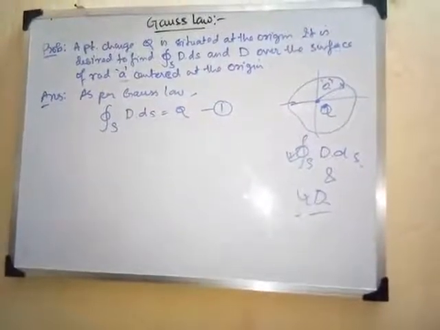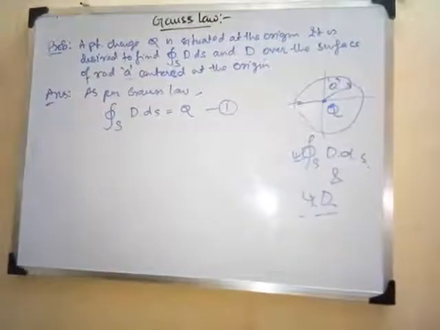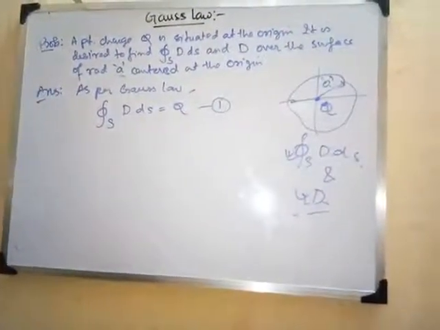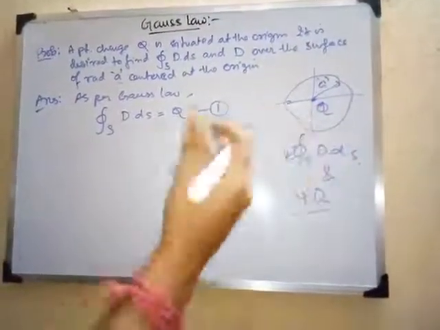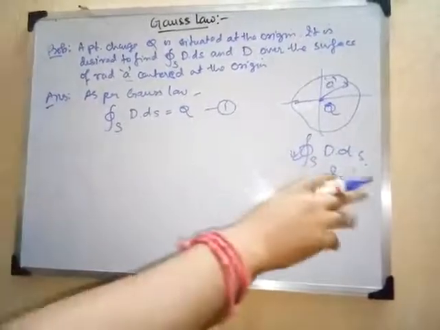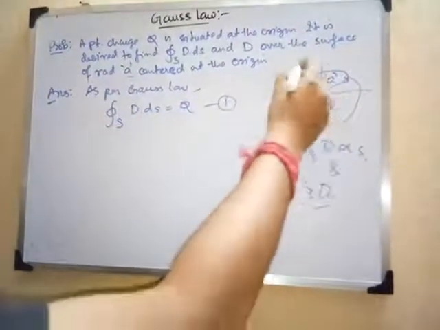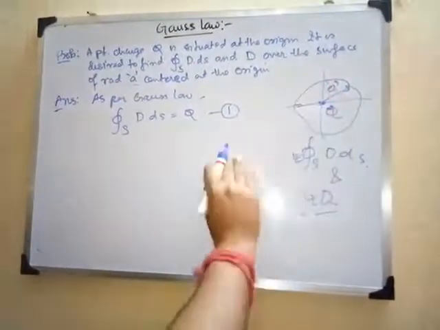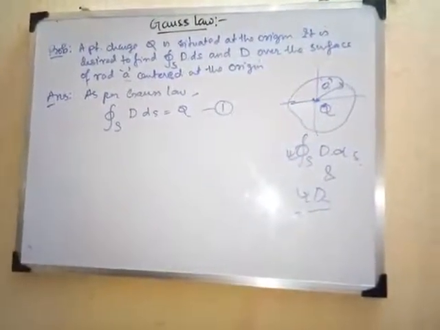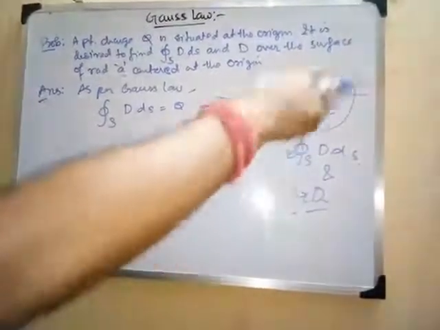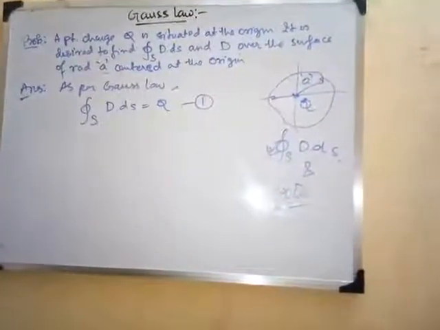Now the spherical surface is divided into a large number of infinitesimal areas dS. Let us consider this a spherical system, divided into a large number of infinitesimal areas. Since D is normal to each of the sections, the electric flux will be emanating in all directions from the origin. If D is normal to each direction, then the flux coming out will simply be equal to D dS.